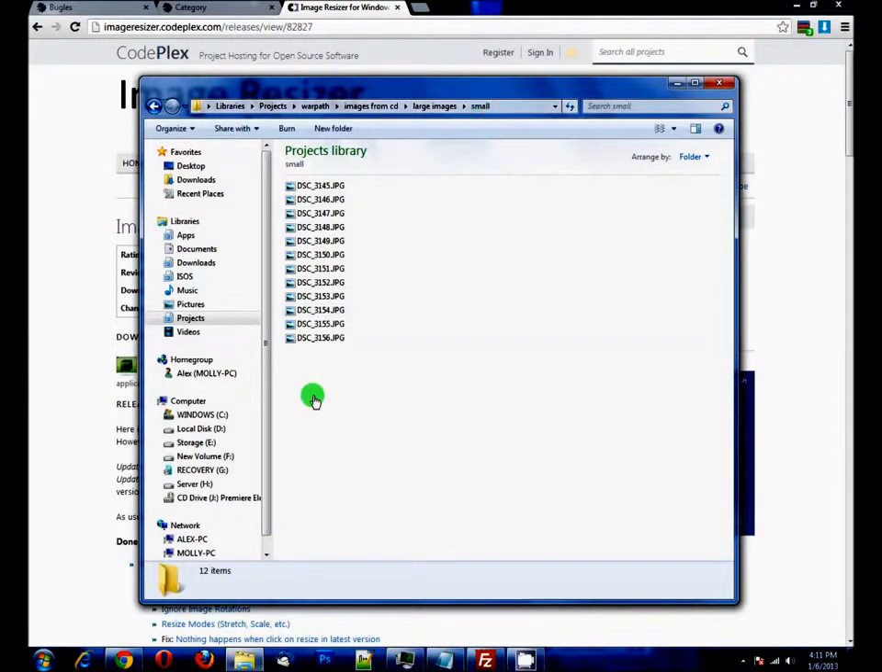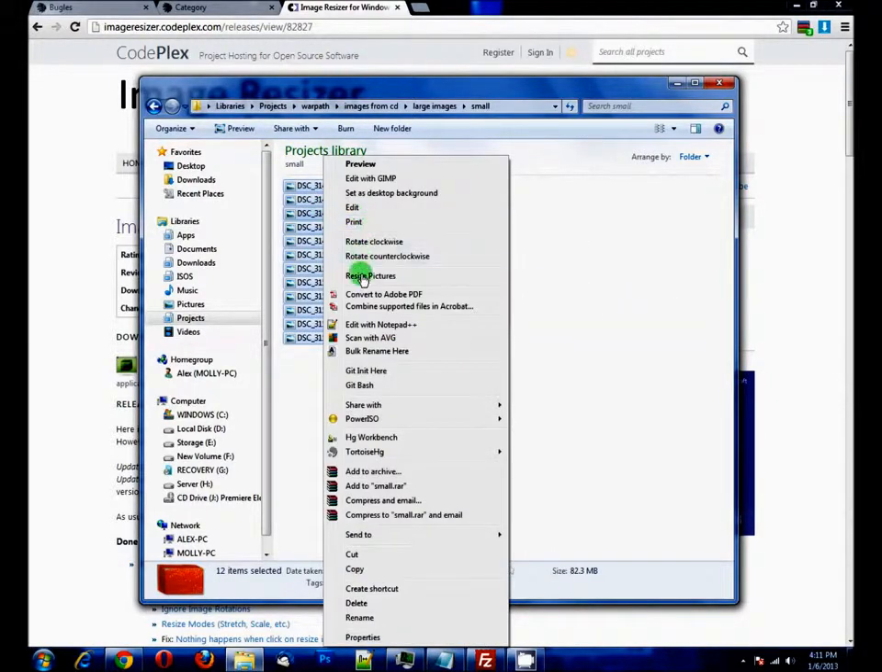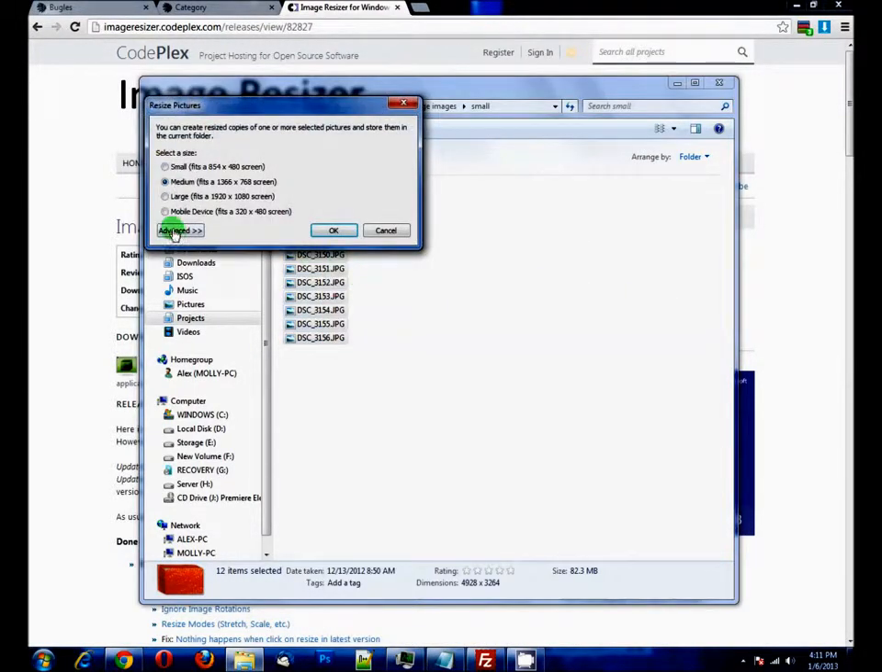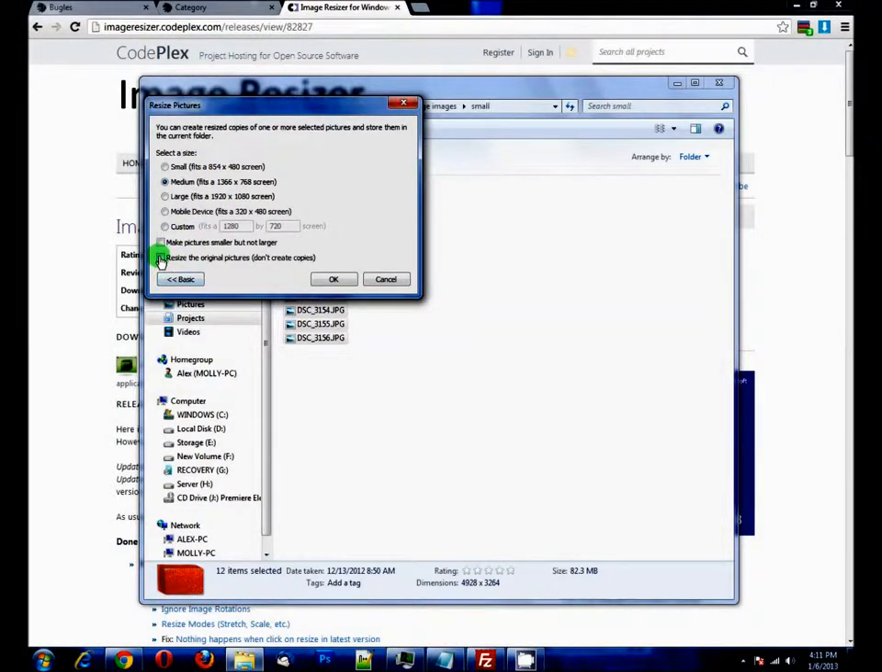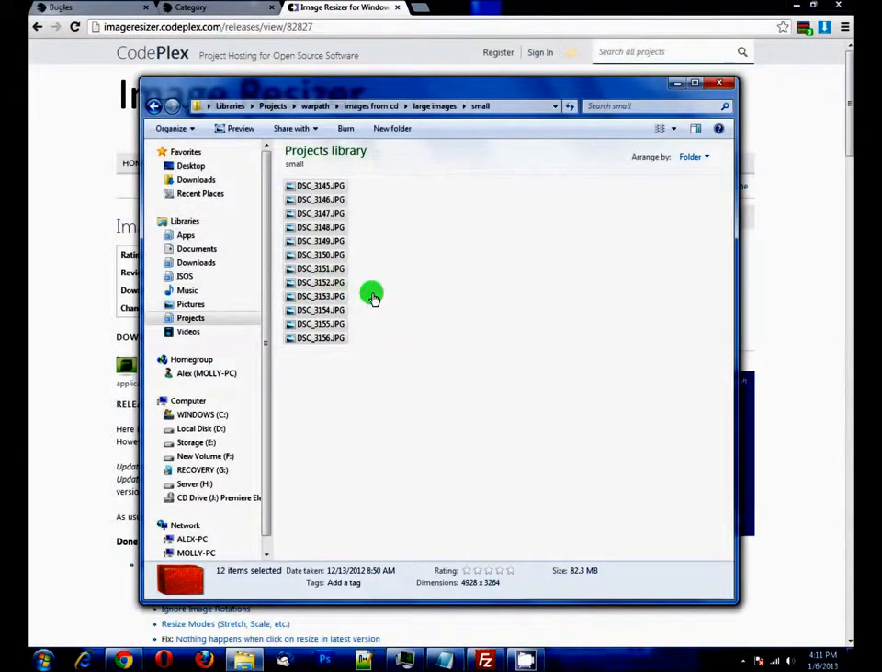Now in our small directory we can just select them all, or you can also hit Control A, right click, and click Resize Pictures. Now if you click this Advanced tab here, just click Resize the originals, don't create copies. And now you can select your size. Medium should work fine, large should work fine as well. We can try large and see how big those pictures are as far as taking up space. So we'll click OK,